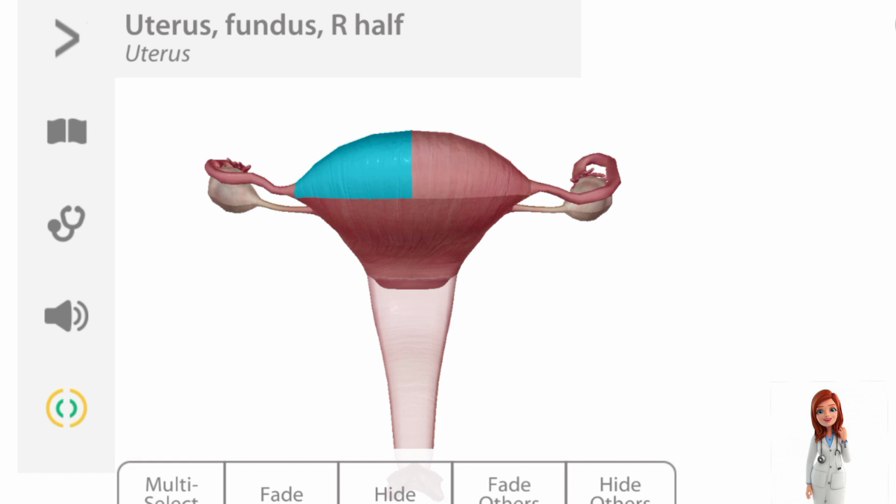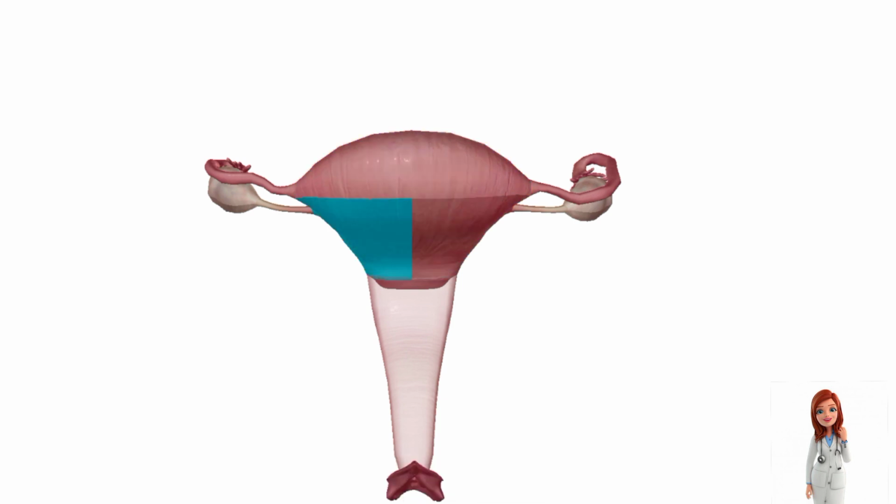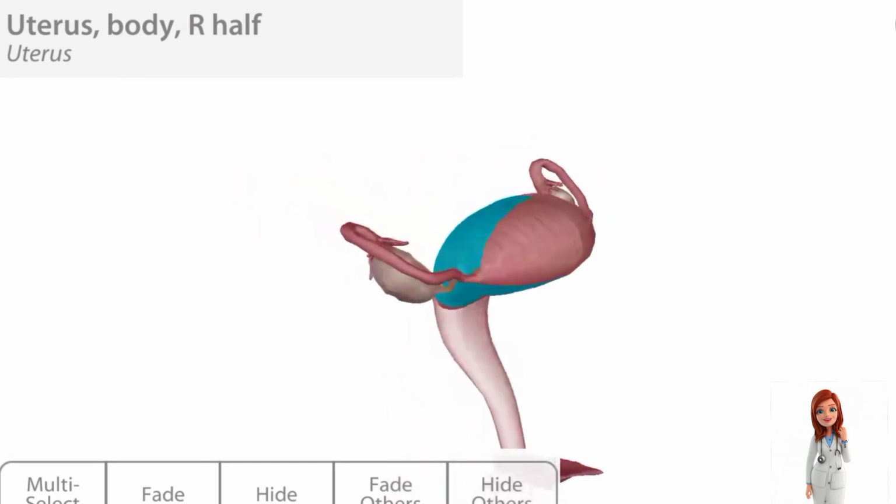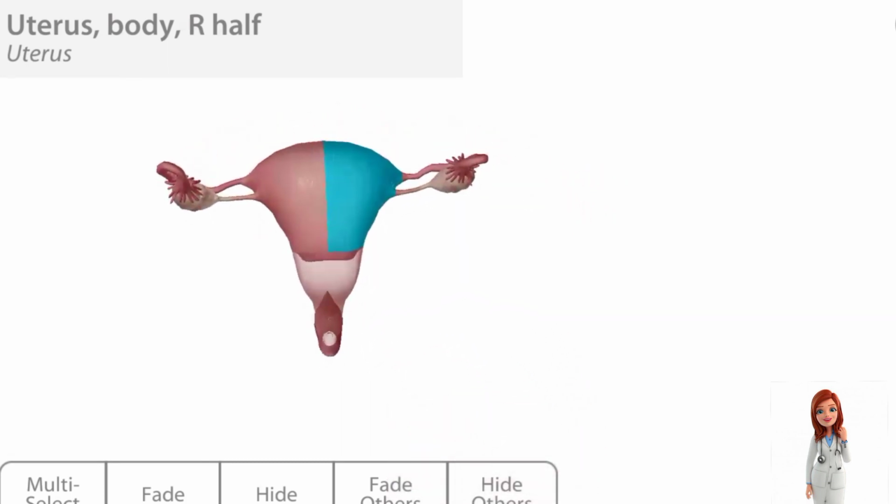Uterus is a childbearing organ in the female, which is also known as the womb. The parts of the uterus contain the fundus and the body. The body also has 2 lateral borders. It has 2 surfaces, the anterior one which would be seen in this view and a posterior surface which is present over here.